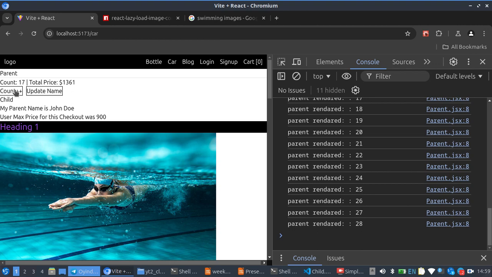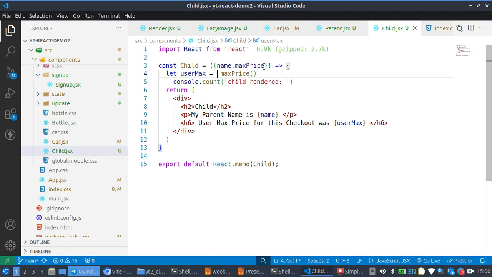So now we get to understand how we can optimize our React application using memo, useMemo, and useCallback. So that is that. A lesson we just learned now is, when you're declaring a component that should be reusable,